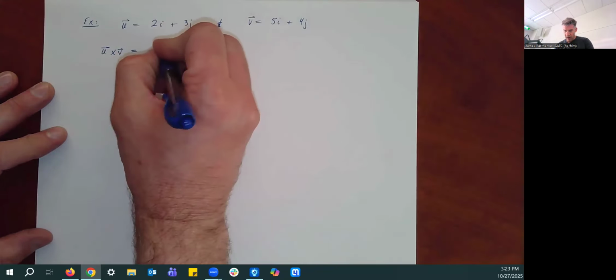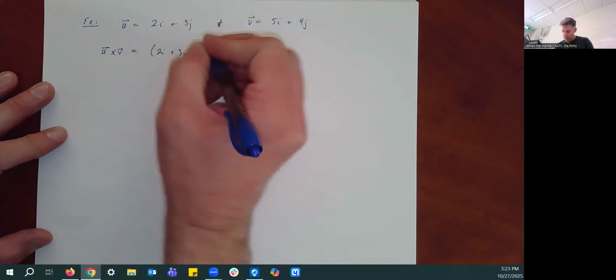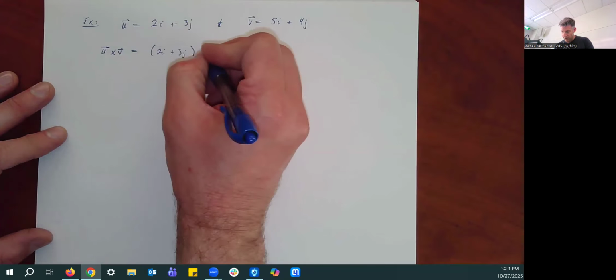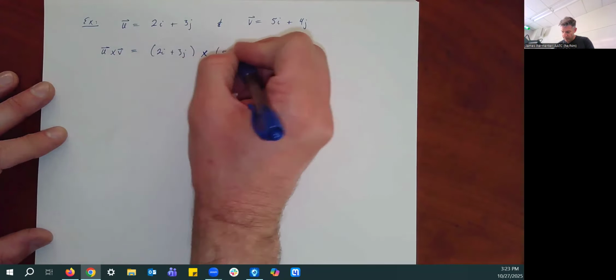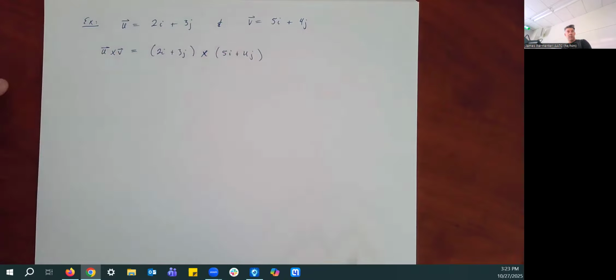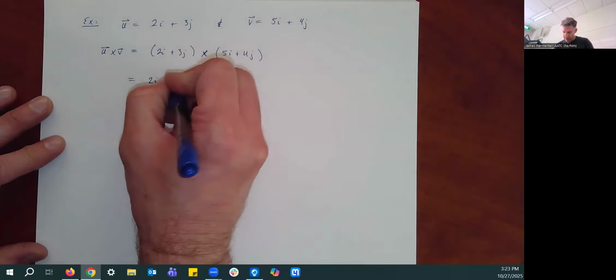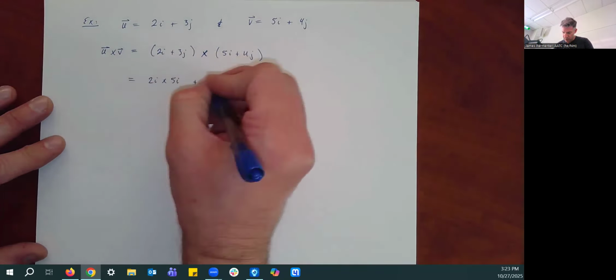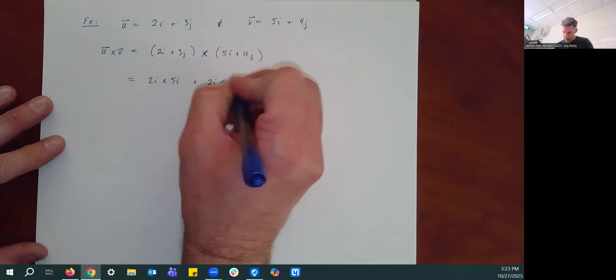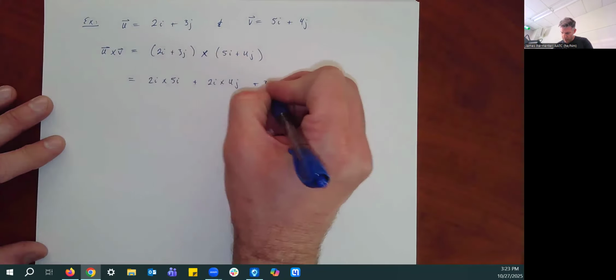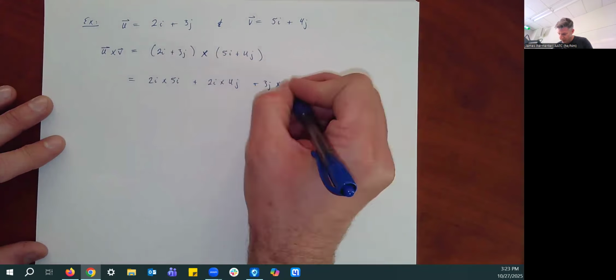So we're going to have 2i plus 3j crossed with 5i plus 4j, and we're just going to essentially FOIL it out. So that's going to be 2i cross 5i plus 2i cross 4j plus 3j cross 5i,